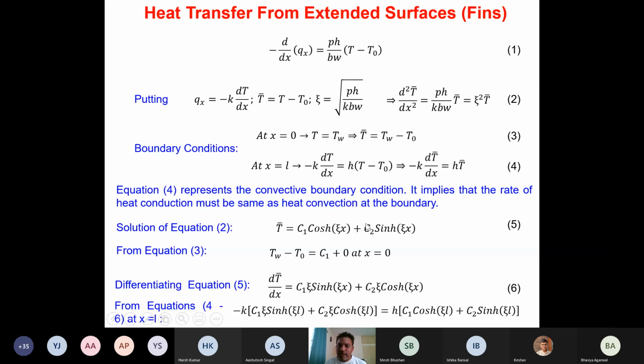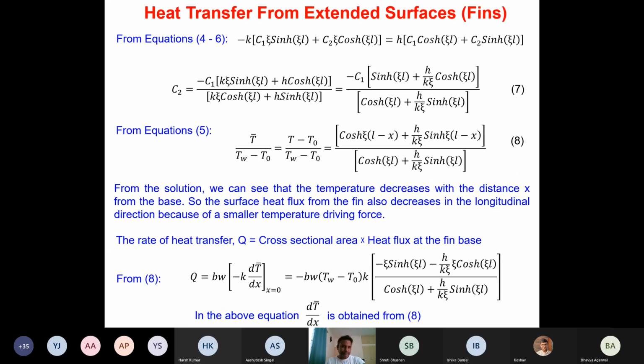So h as it is, and t bar is given as c1 cos hyperbolic zeta L plus c2 sine hyperbolic zeta L. So we can rearrange this equation. Anyway, we know the constant c1. We can rearrange this equation and find out c2. That is what is being done in the next slide. So everything is known here. Only unknown is c2. So c2 we can obtain as